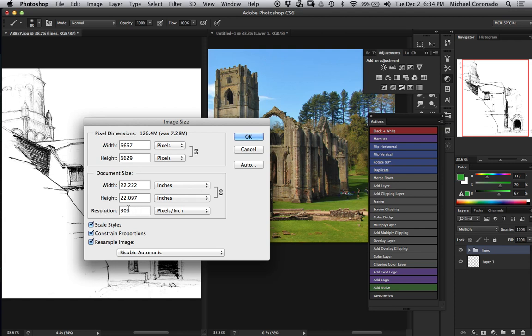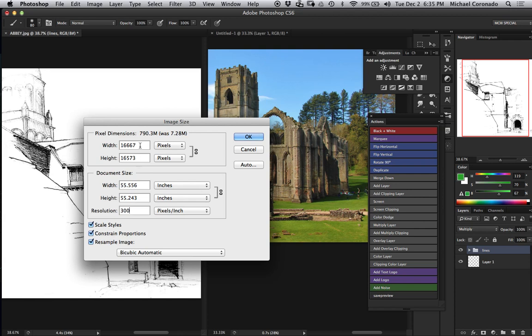For the sake of this demo, it'll work at 1600. But if I want to work at 6,000, I could still just come up here and boost it to 6,000, and it'll still be 72, but it's going to be the exact same file size. So this number here is arbitrary compared to this number. Always work up here with the pixels. When I work on client work, I'll come in here and put 4,000. So I'm working at like 55 inches. If you imagine the piece of paper, it's a big thing of paper. And then when it's time to print,